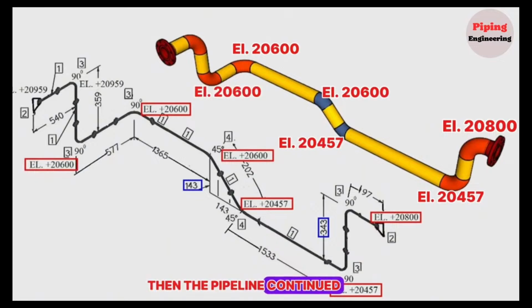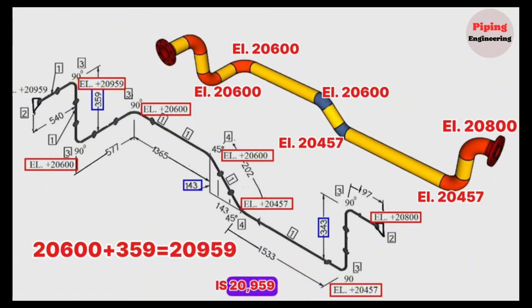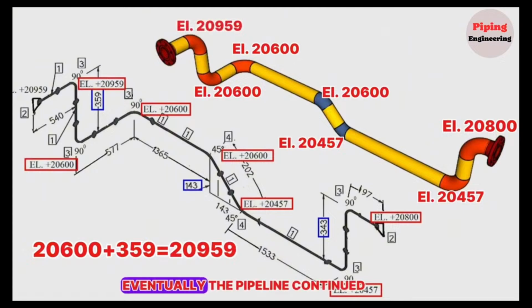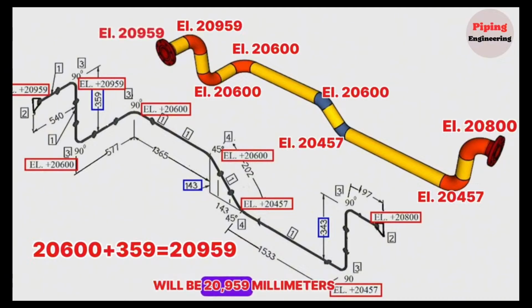Then the pipeline continued, and the level of the pipeline rose 359 mm vertically and became 20,959. We can check again the correctness of this elevation. 20,600 plus 359 equals 20,959. Eventually the pipeline continued horizontally again and the level of the end point remained unchanged at 20,959 millimeters. Accordingly, the elevation of the last point of this pipeline will be 20,959 millimeters. By using this method, you can easily check elevations in any piping